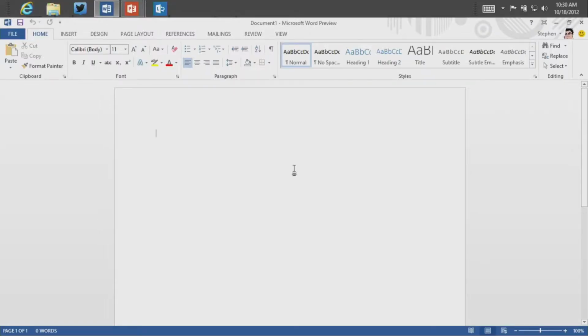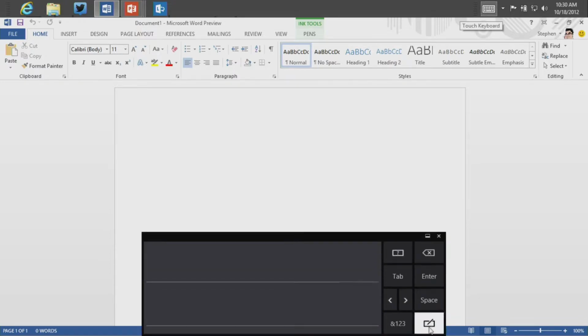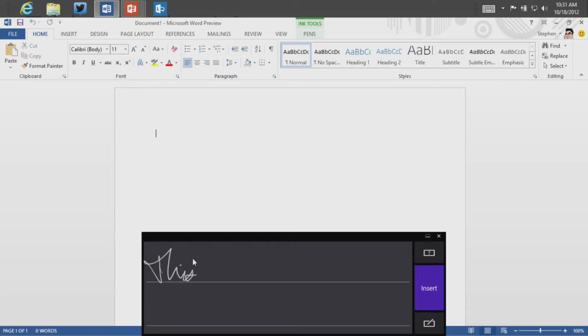There we go. So what I'm going to do here is bring up the keyboard, and you have an option where you can pick a standard keyboard, you can do a split keyboard, and you can change the size for it, or writing. And I love showing off writing in Windows 8. I think it's one of my favorite areas. So if I do, even in my messy script,